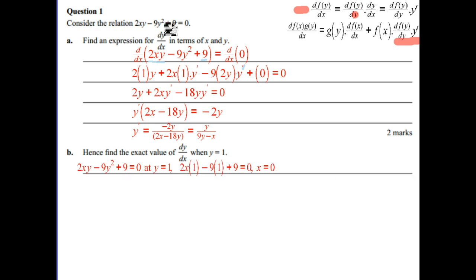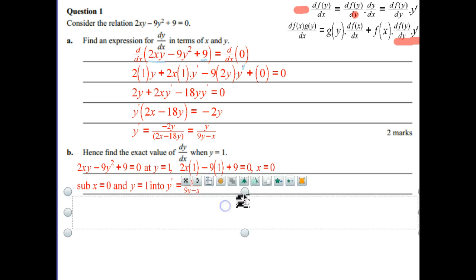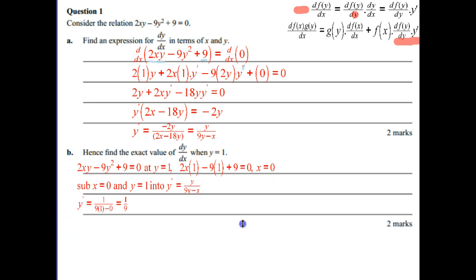We take the original relationship up top here, and we go ahead and sub in y equals 1, and we solve for x, and we get an x value of 0. So there we go, there's our corresponding x value. And we sub both x equals 0 and y equals 1 into our derivative, and we get 1/9 for 2 marks. Okay,